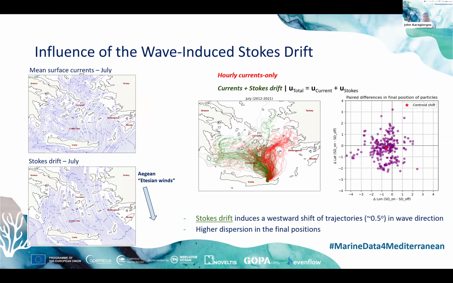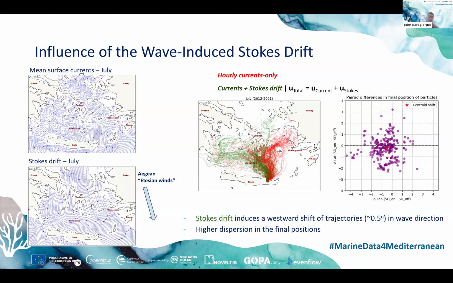In the next slide, we explored the influence of wave-related processes and the Stokes drift, again during a representative month of July. Here in the left panels, you can see the mean surface currents during July and the Stokes drift velocities. As you can see, the Stokes drift patterns